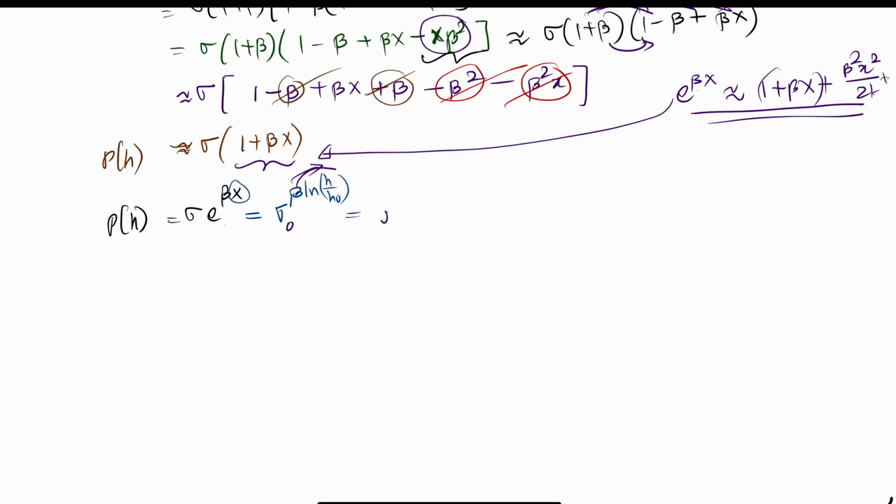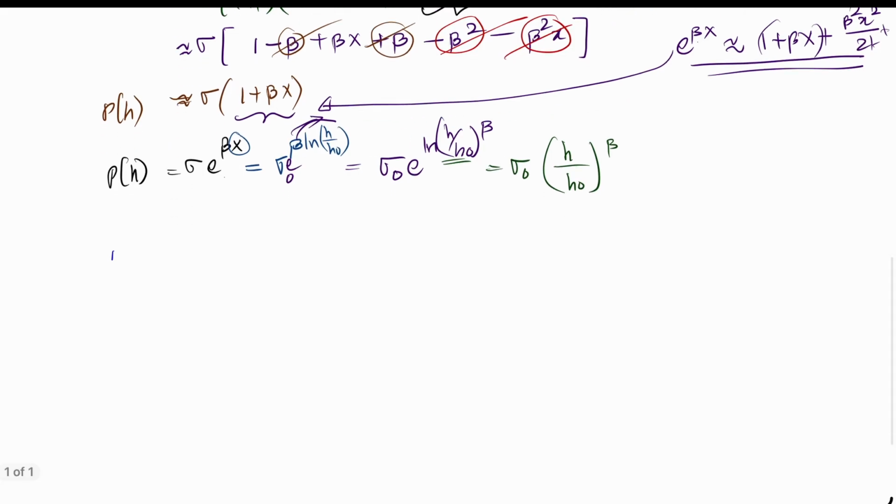So I get sigma naught e raised to ln h upon h naught over beta, which is simply sigma naught, h upon h naught to the power beta. So this is the approximated version of our solution that we are getting,